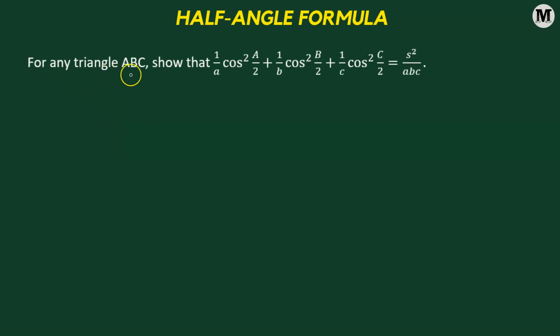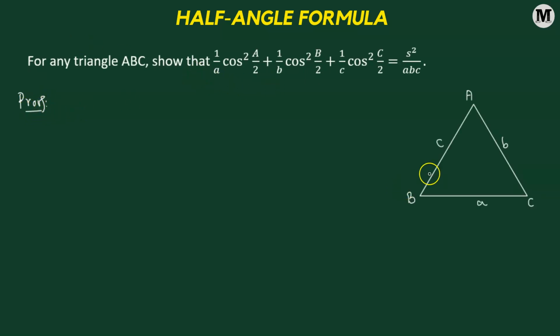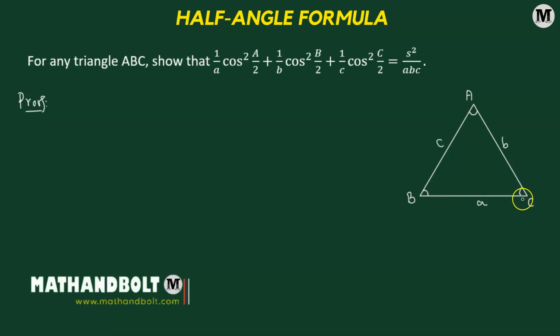For any triangle ABC, prove the following. Let us begin. First, we'll try to understand a few terminologies that are being used in the problem. Let us consider a triangle with vertices A, B and C. Then, the sides opposite to angle A, angle B and angle C are represented by a, b and c in